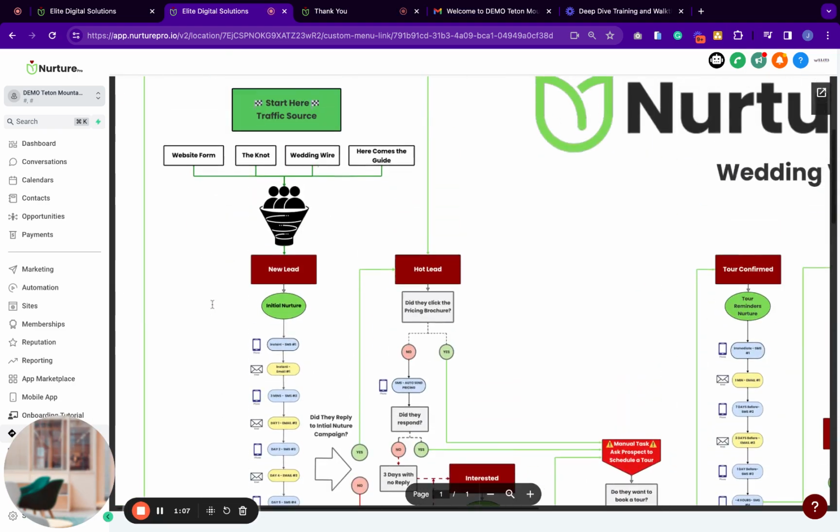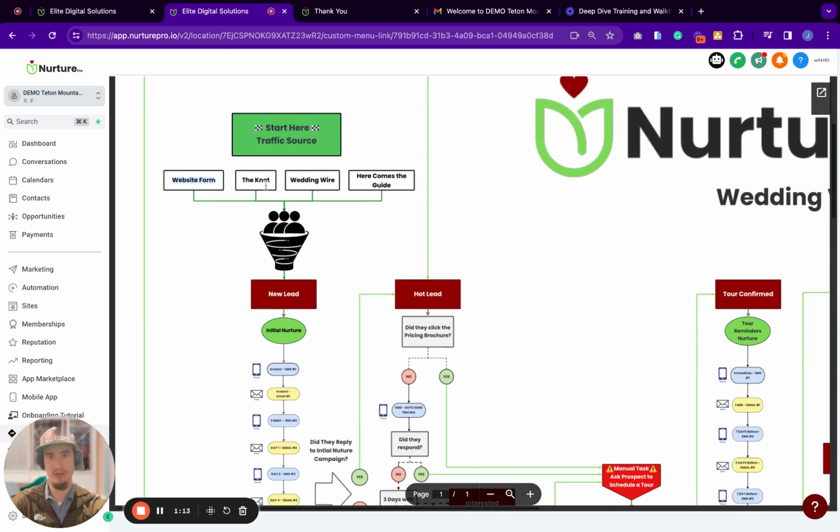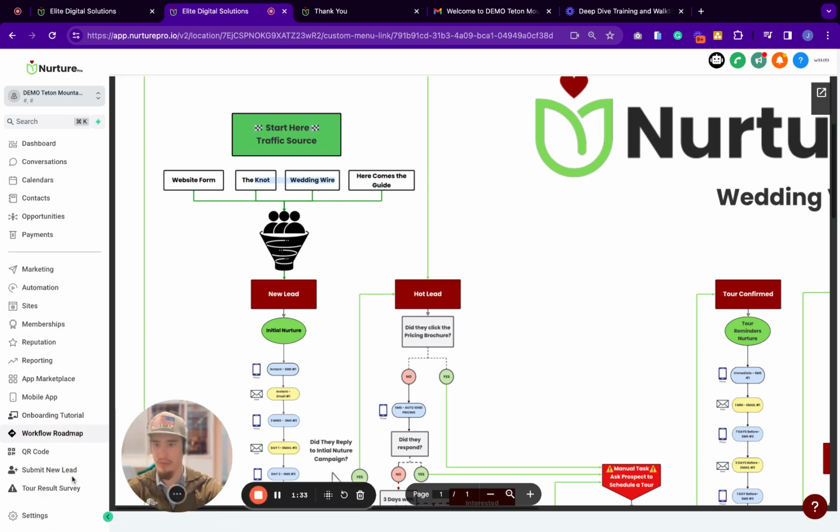So that will be the top of the funnel, top of the workflow. Start here from the traffic source. That is your website form. That could be any type of traffic. If you're running ads, we can create a landing page and put that form on it, or run the ads to a landing page on your website with the form added, or if you're manually getting leads from The Wedding Wire or The Knot,